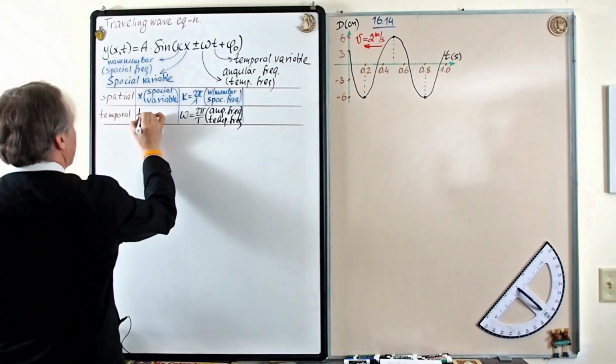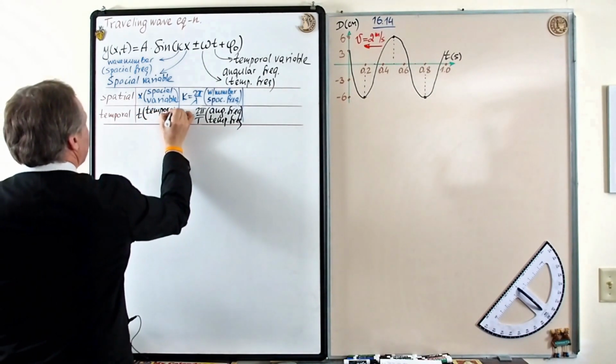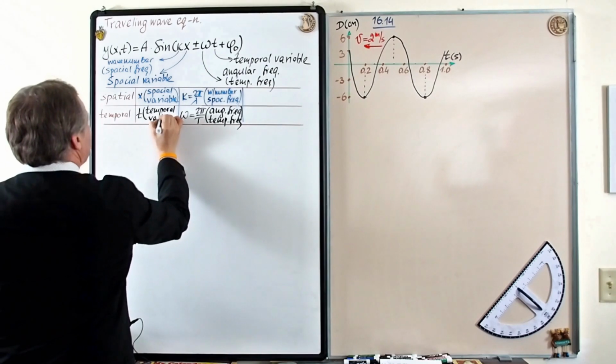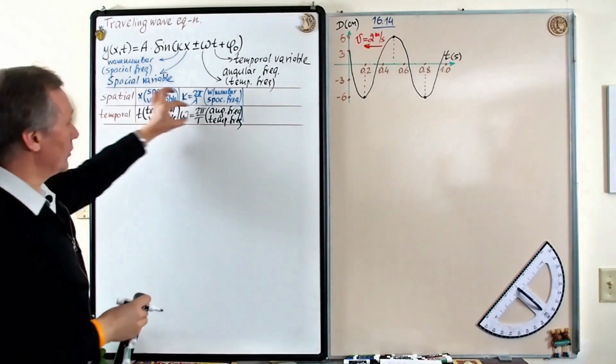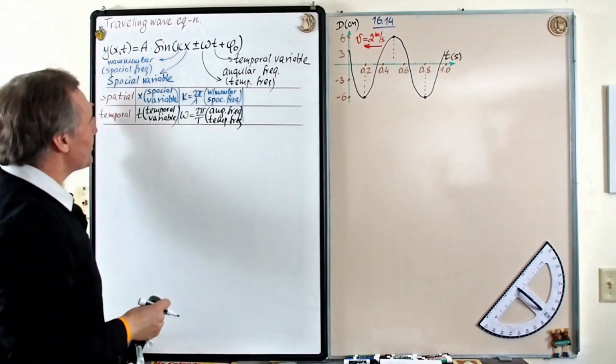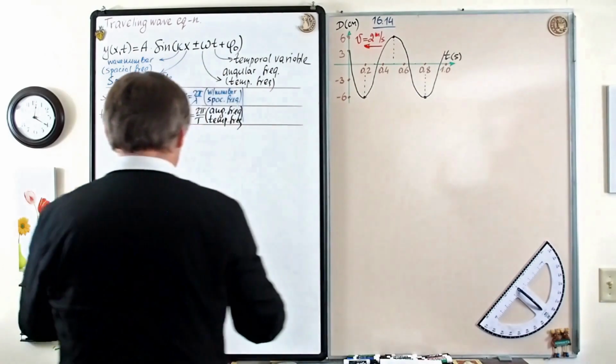So t, temporal variable, right? Okay, as I promised, here only temporal variables, temporal quantities, and here only spatial quantities. Okay, then